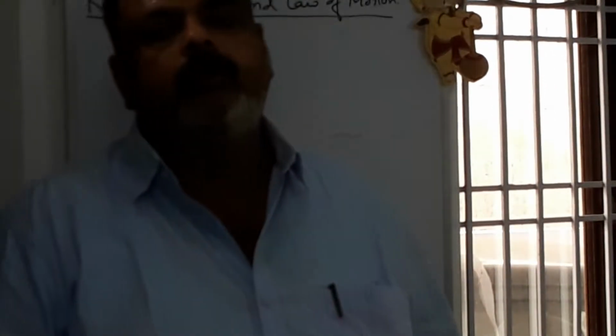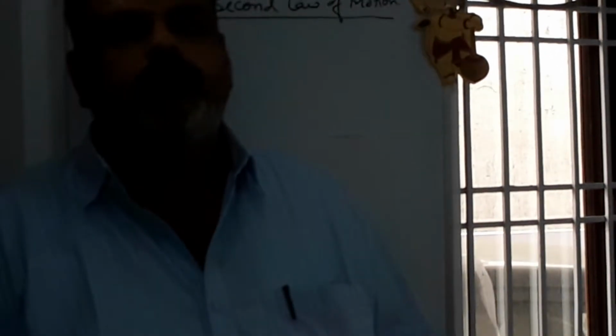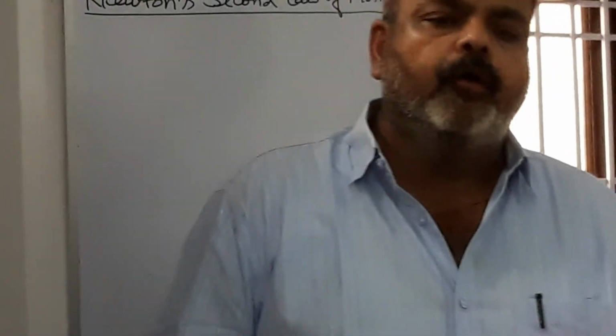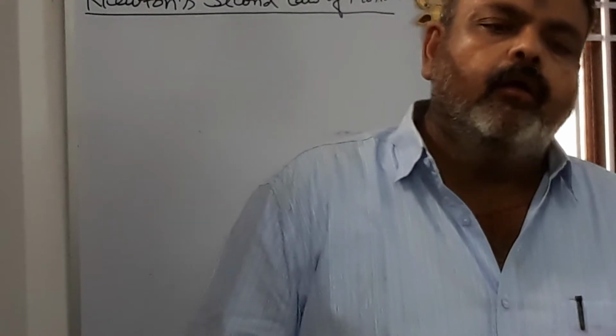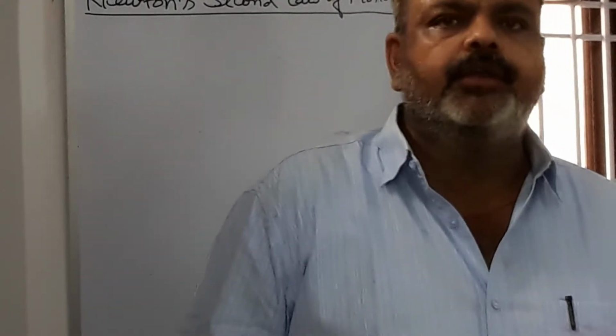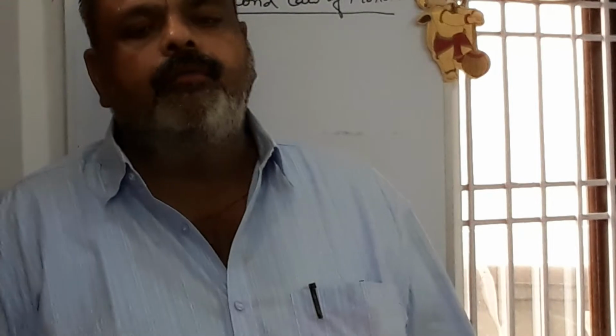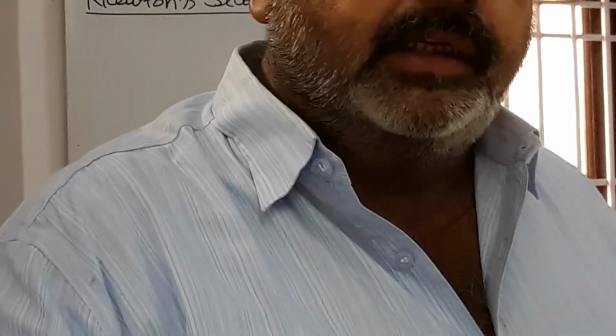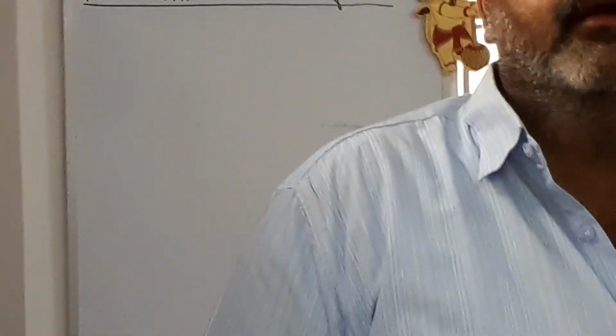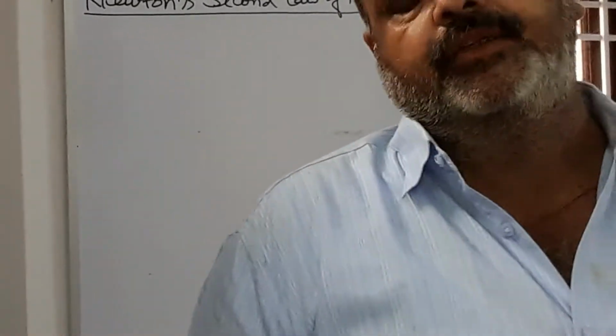Class 9th. In the previous class, we discussed two problems on the equation of motion, two numericals. Equations of motion we have discussed, and consequences, inertia and its types we have discussed, exercise 3B. Even if any problem is left in 3B, you can clarify. It is a theoretical exercise.